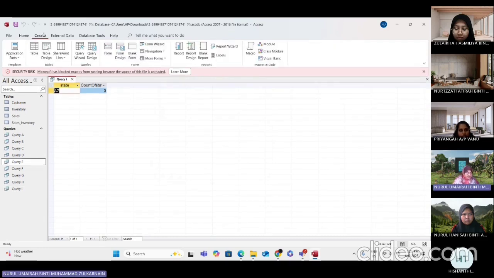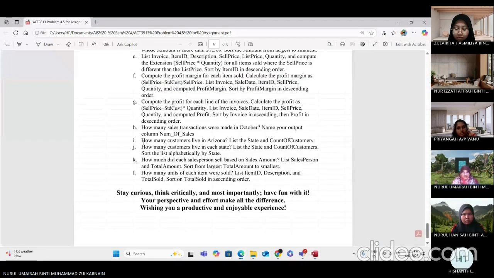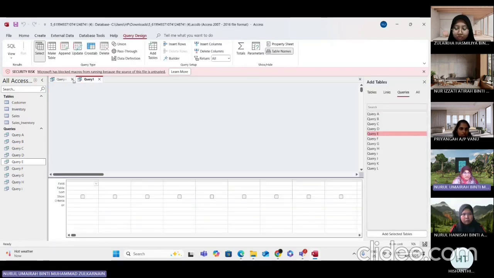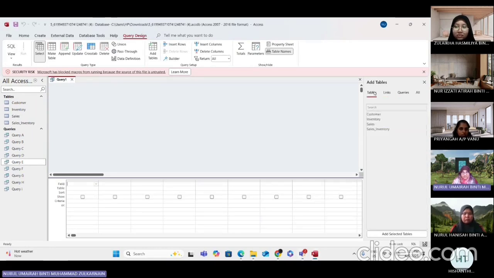Next, for the question J, the question is how many customers live in each state? List the state and count of customer. Sort the list alphabetically by state. So go to create, query design, and then go to table,